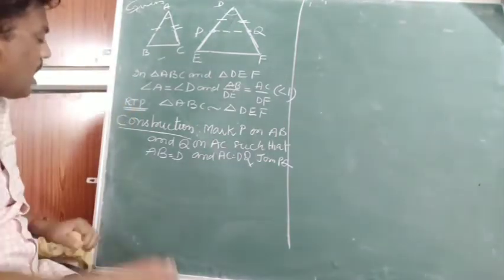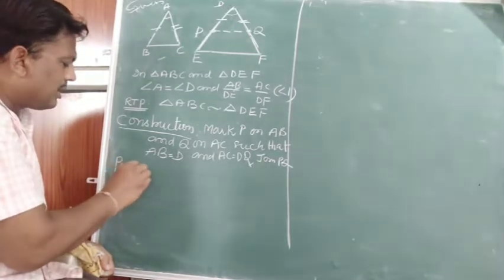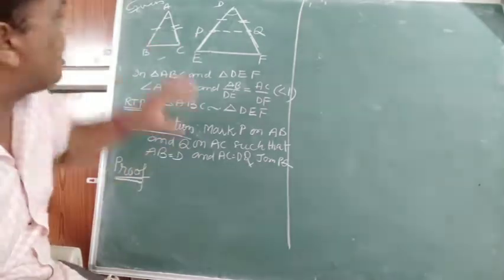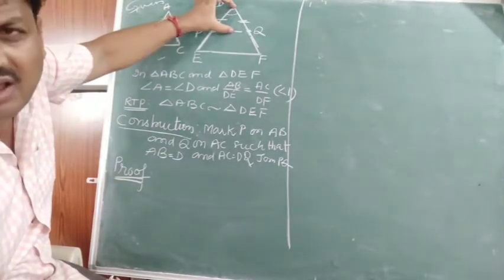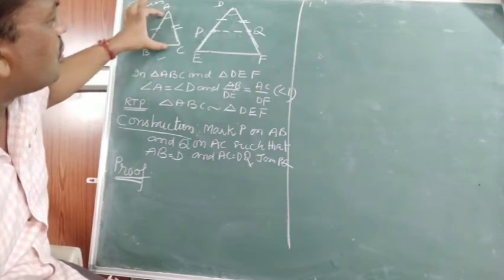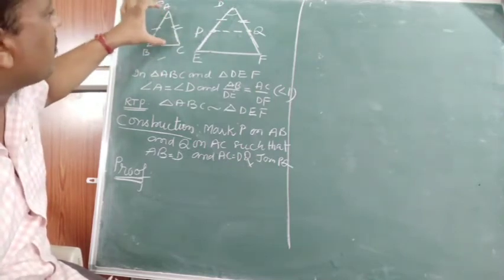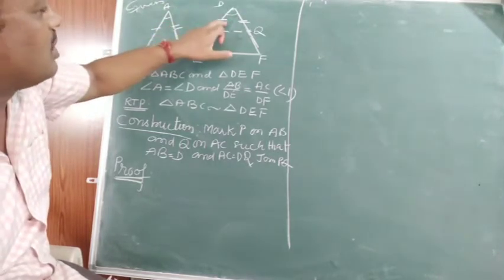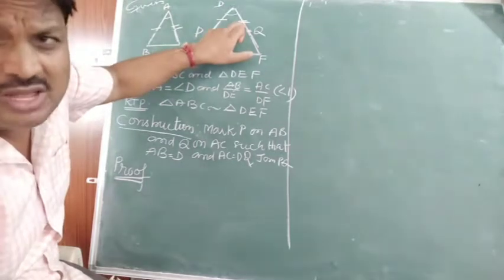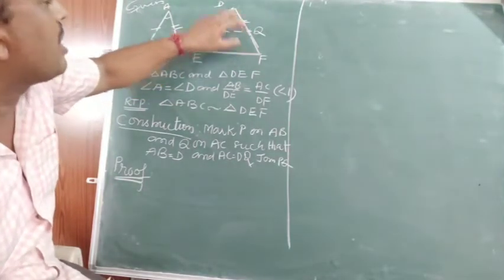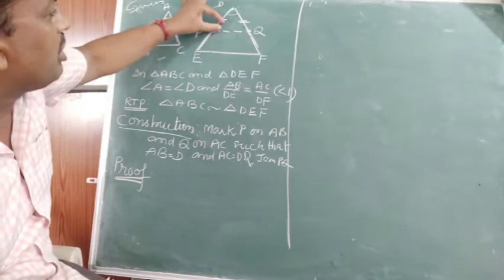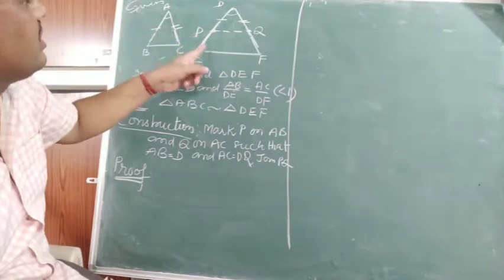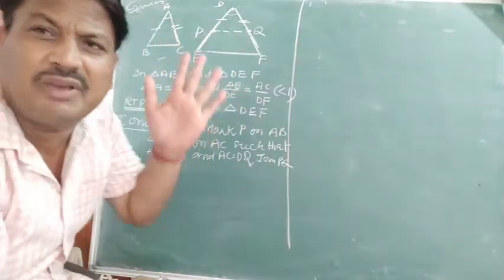Okay children. Now how to prove? So let's see the proof. Very simple, children. There is no other option other than this small triangle and this triangle. We have to correlate these two only. If you are able to prove them congruent, automatically this angle becomes equal to this angle. Then, as usual, by using the converse of BPT, we will be able to equalize these two angles. And then ultimately this and this become equal like the previous theorem, children.